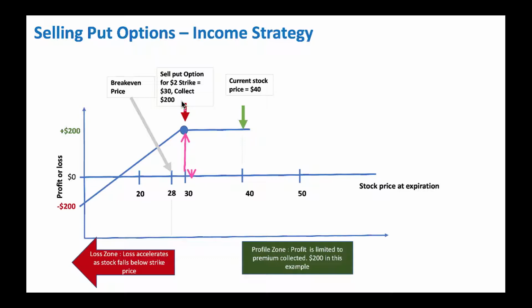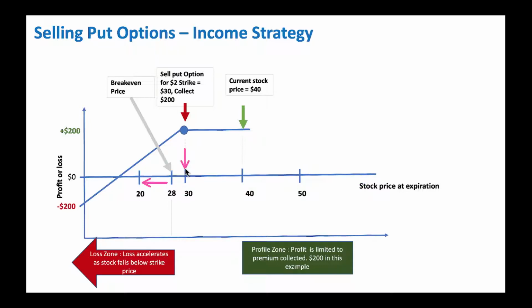And for taking that risk, we are getting $2. $2 times 100, we are getting $200. That's the money for you to keep if the stock stays above $30. Because you collected $2, your break-even point is 30 minus 2, 28. As long as the stock stays above 28, you break even. But if the stock comes below 28, then you'll start losing. That's why you've got to make sure it's a good support level. In this case, we identified 30 as the good support level. We sold the